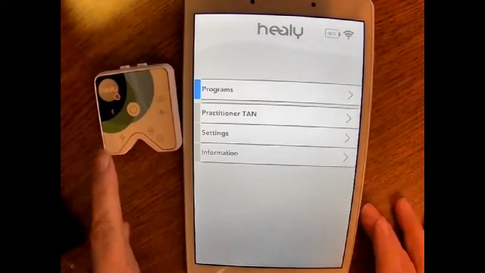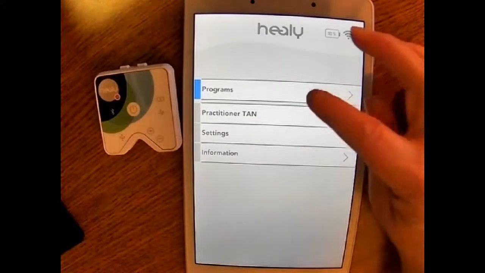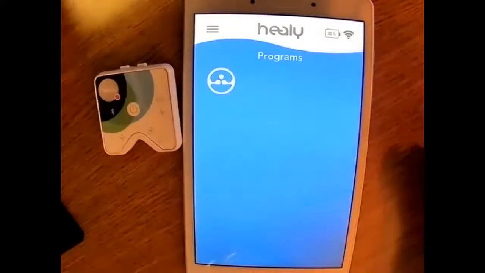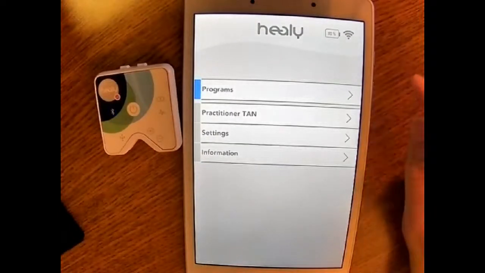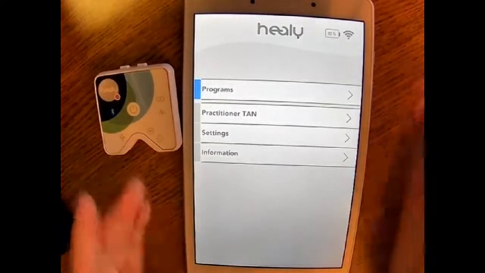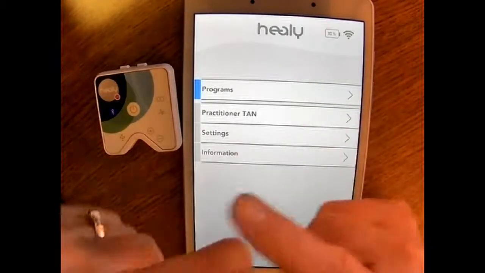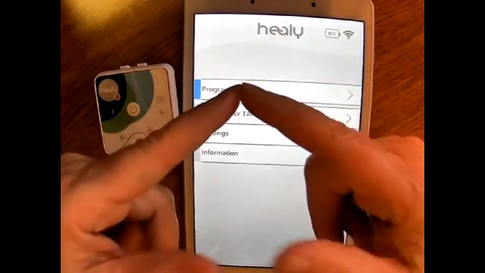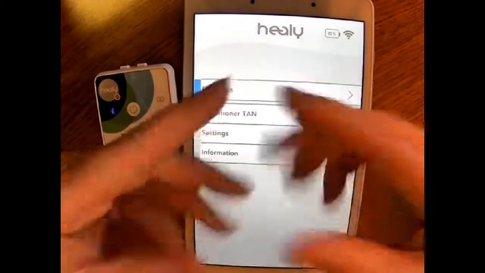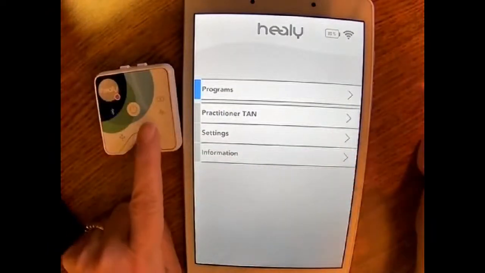Okay, now we have the Bluetooth going. This is what comes up all the time. Sometimes it may come up that you have just the blue screen and you think that you have only those programs, and it's very frustrating. But what has to happen is the device and the cloud and the Healy have to triangulate. They have to make this nice triangle that is, you know, the device, the Healy, and the cloud. It all has to connect together so that the cloud knows what device you bought and what programs are associated